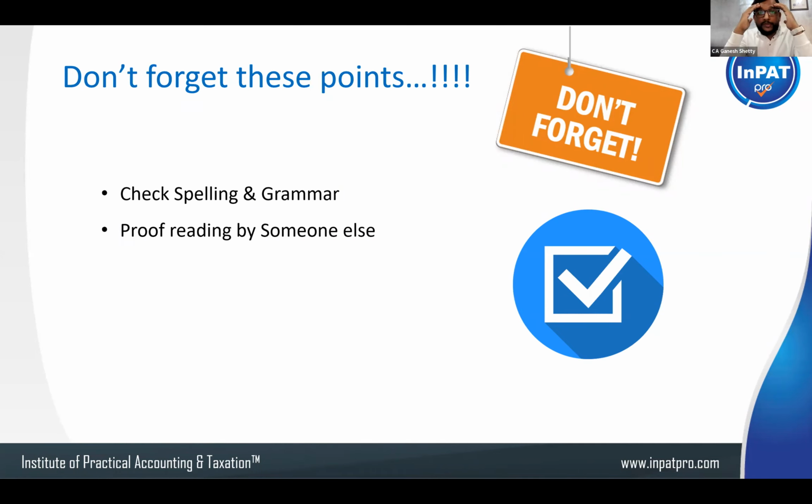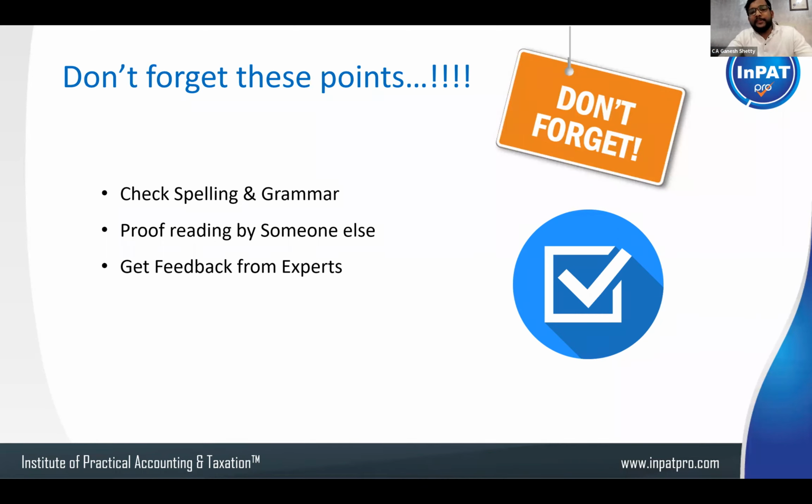How many times have you seen this document? You may not be able to identify certain spelling mistakes unless you give it to some third party, your friend or your colleague, trustable people, and they can proofread. Once everything is ready, before it is given for printing, you can get feedback from the experts.